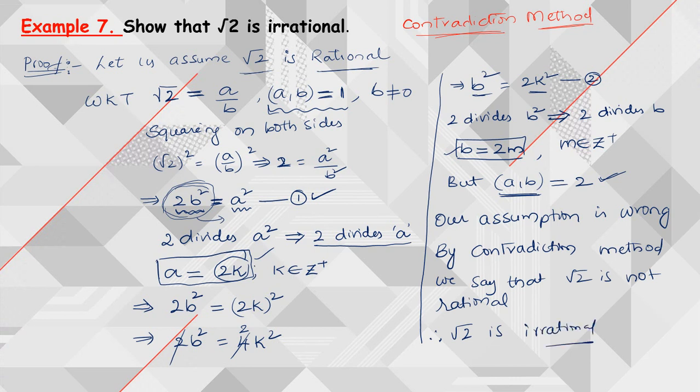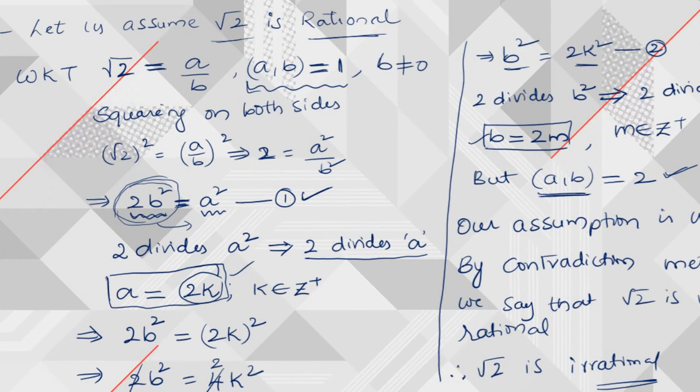So this is the first model which we have in our textbook. Using the same procedure, we can prove that root 2, root 3, root 5, root 7, root 11, root 12 are all irrational numbers. So this is the first model which we have in our textbook, right? Next, moving on to one more model. All these models are very, very important, right? Now let us move on to the next one.